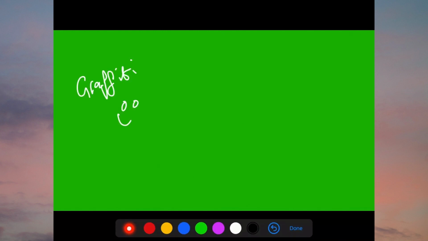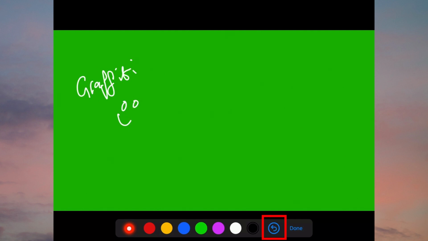This is the screen that we left on the iPad, so it's completely blank other than the black bars at the top and the bottom and the green screen. If you take your Apple Pencil and touch the lower part of the black bar with it, it brings up the last thing that I wrote, which was graffiti. So I'll just show you one of the features.